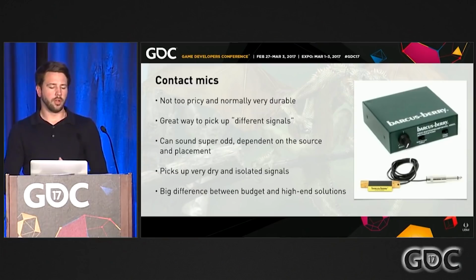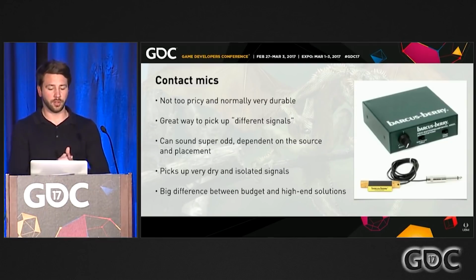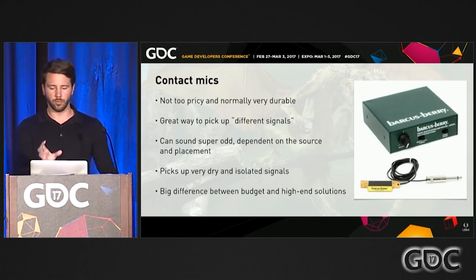The next mics we're going to look at are contact mics. So they are, compared to the Sanken and the Sennheiser microphones, actually quite pricey. They are the Barker-Sperry you can see here on the right. It's actually not too pricey, normally very durable. I think this one would be about $300, $350, and it really is a great way to pick up different